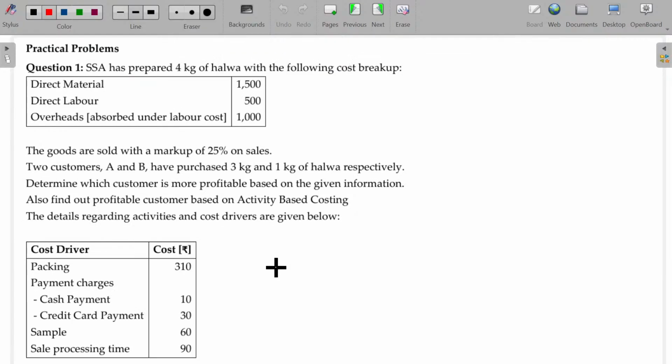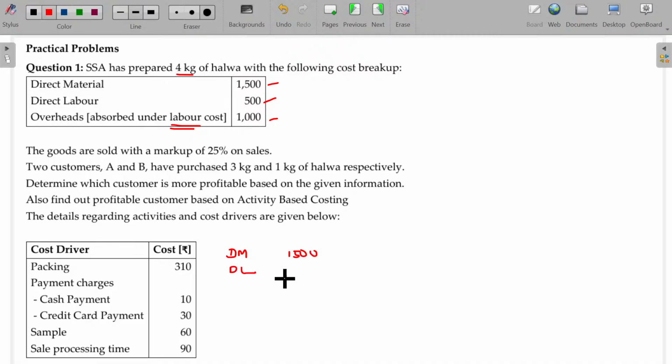Before I go further, I just added an imaginary illustration here. We'll try to finish this first so that we'll be able to enjoy learning this. It's an imaginary illustration with a halwa shop. SSA has prepared 4 kg of halwa with the following cost breakup: direct material, direct labor, overheads. Traditionally, overheads are absorbed under labor cost. Is that okay? So under absorption costing, direct material being 1,500 rupees,